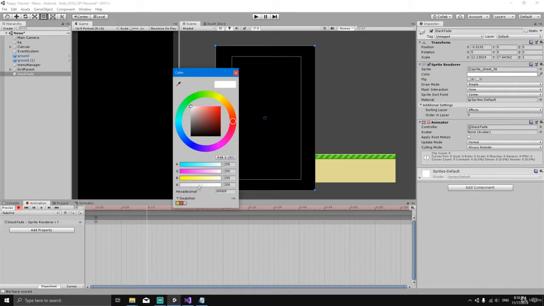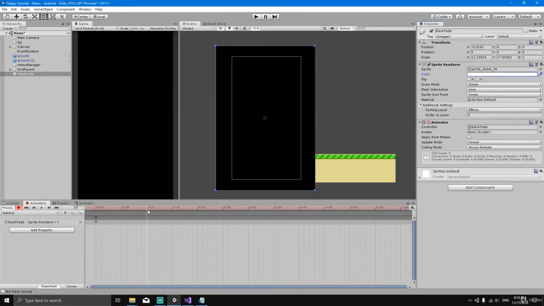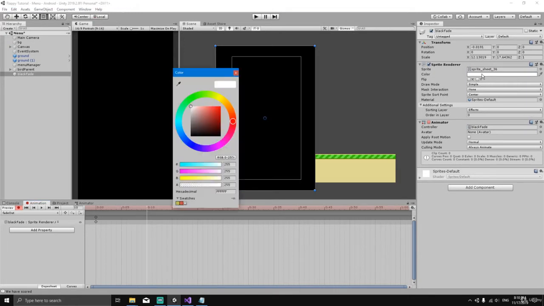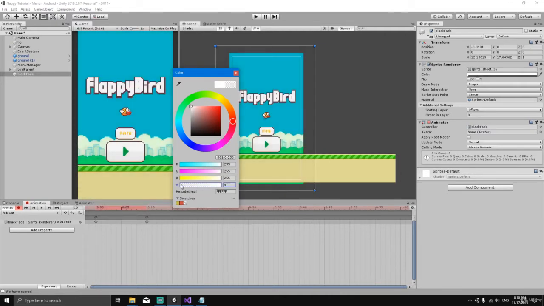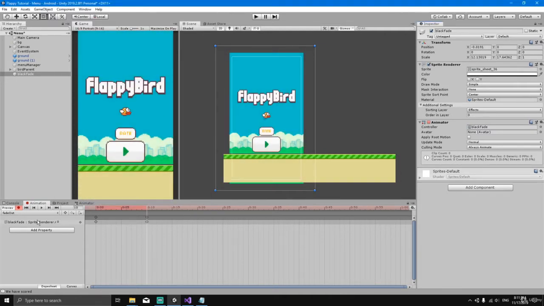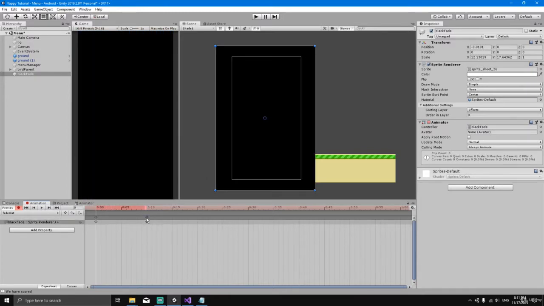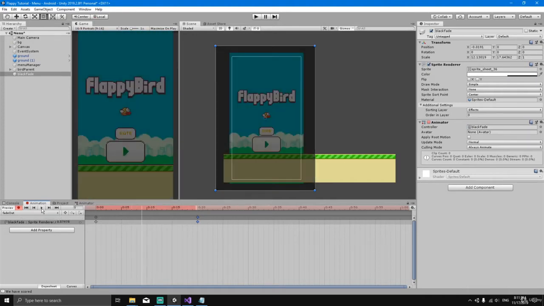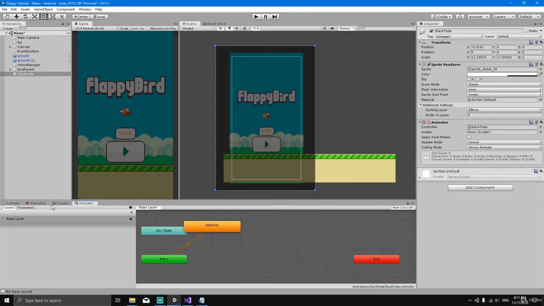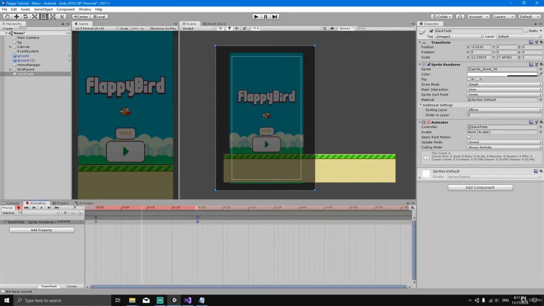Remember to move this white line to wherever. So we're moving it to 0.1. Now select the color and set the alpha to completely transparent. Now if we hit play, you can see that it's actually a little bit fast. So we can drag this keyframe a little bit further, maybe 0.20. Okay, that's pretty good. But now, in our animation window, we can